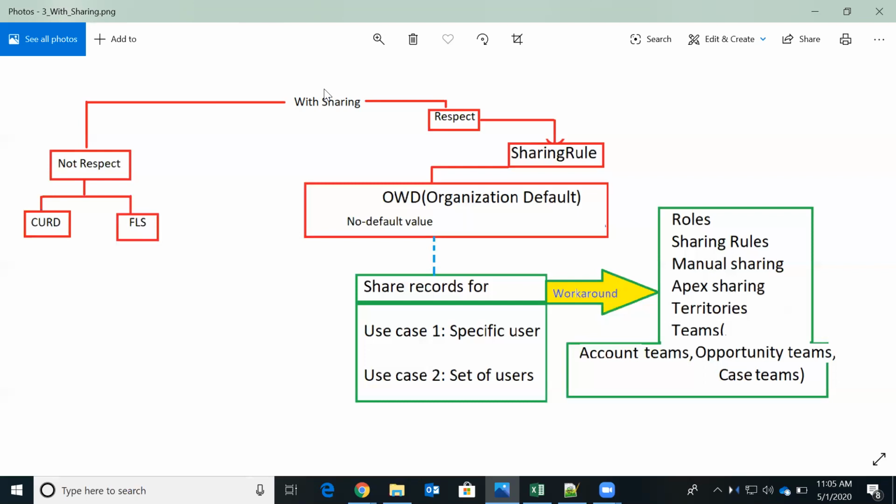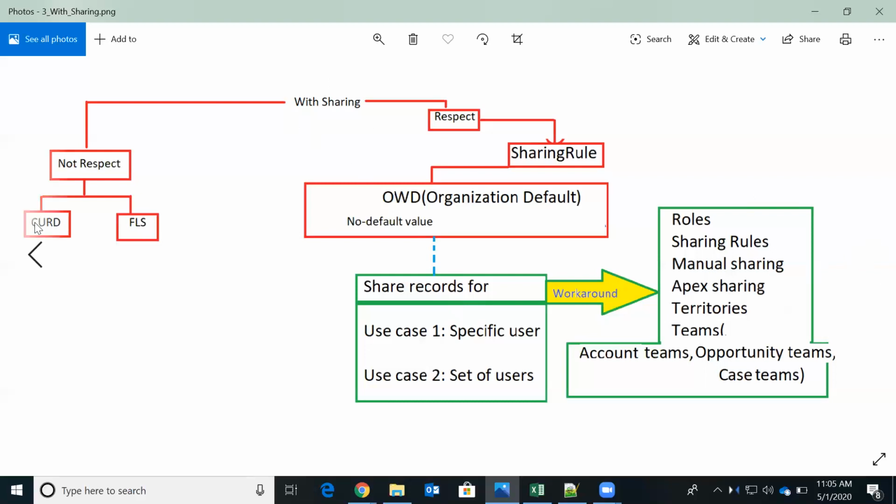Even though at the profile level it is not available, it assumes that the user has permission to perform the actions. But for the sharing rule, especially OWD, it will not consider any higher value as a default value. As a result, whatever OWD is configured, that will be considered. And because of our business use case, in case we have applied these workarounds, they will also be considered when the class is working with sharing.